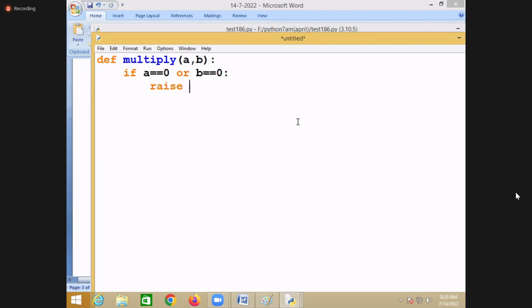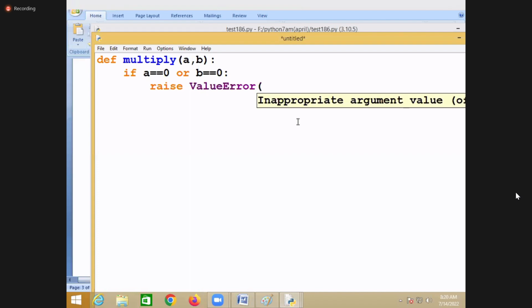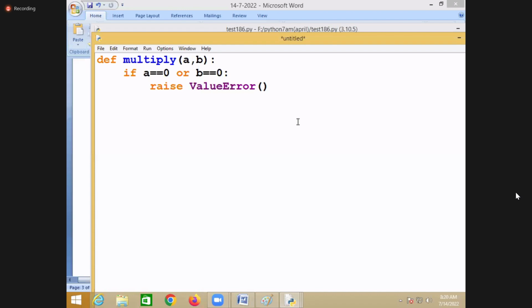Now, what error do you have to generate? I require one class. What is that class here? ValueError. Is ValueError a predefined error or a user defined error? Predefined error. So this is creating an object of which error?